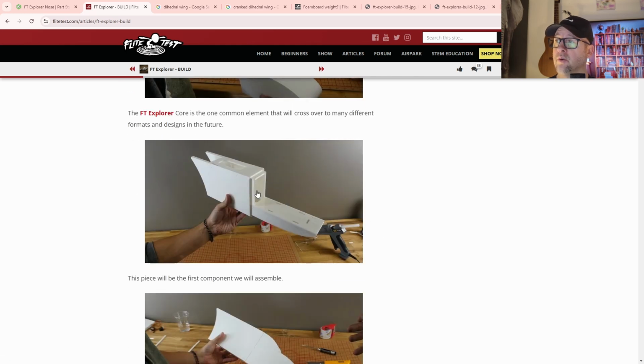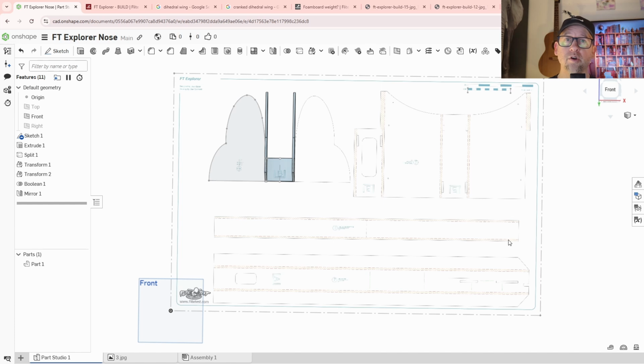So yep, that one, I believe it's this is probably multi-parts. So all right, back to Onshape, and I'll conclude this video. So thank you for joining and watching this video. Hope it was useful and taught you a little bit about how to extrude and how to do some mirrors